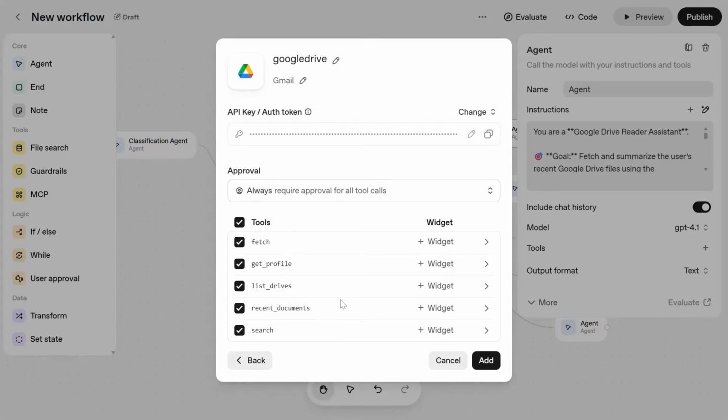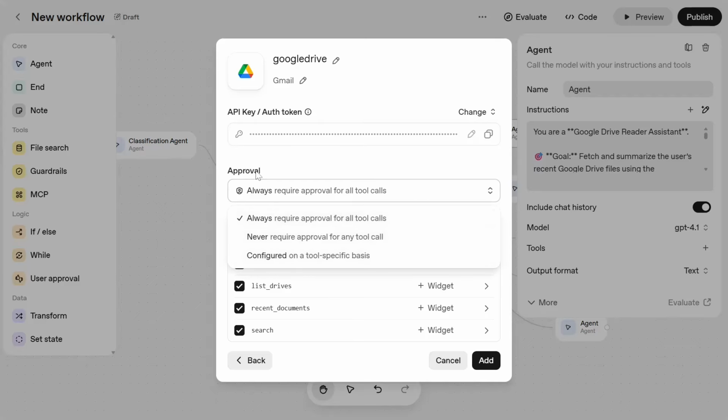These are the operations, okay, that tool or API may call. You can select or unselect basis your requirements. And this is the option for approvals. So human should be in loop. So if I ask to show all my Google Drives, first it will ask permission from the end user. So it depends. If you want that your agent should ask for approvals, you can click on always require